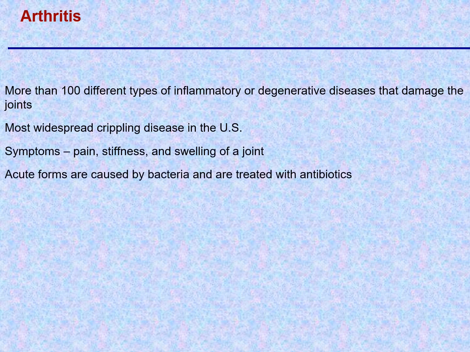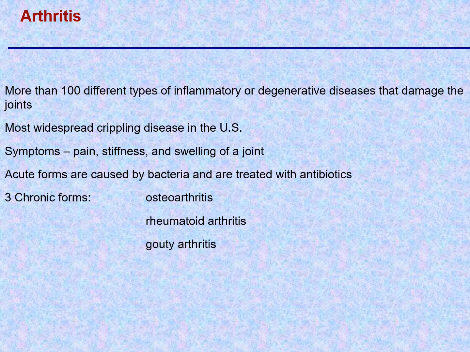Arthritis: there are many different degenerative or inflammatory diseases in the joints, but arthritis is the most common, most widespread type of disease process in the joint. There are 3 common chronic types of arthritis. Any acute, sudden onset type of